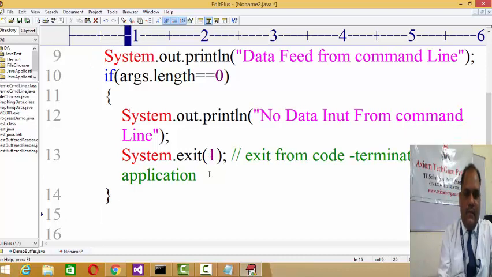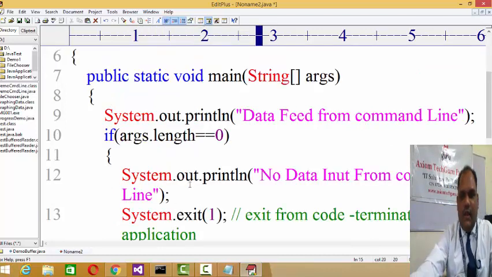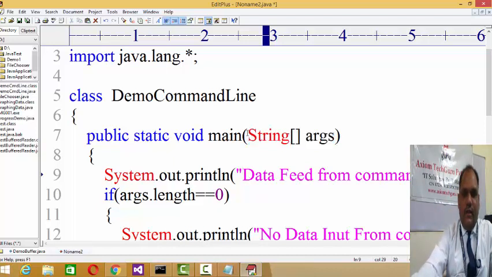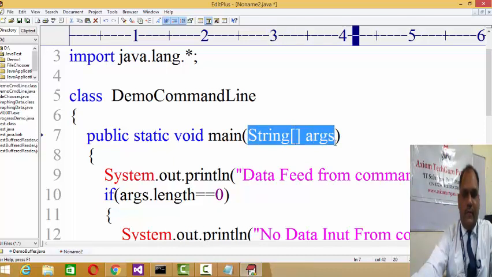And then you can set a loop like for int i = 0. As you are dealing with an array, a set of similar type of data, whatever data inputs you give from the command line will all be assigned to an array, right?